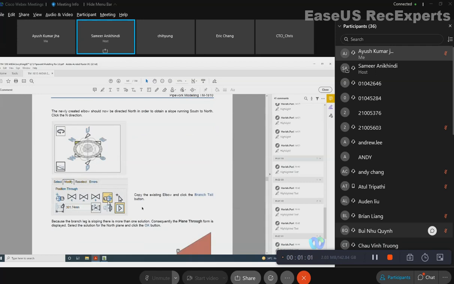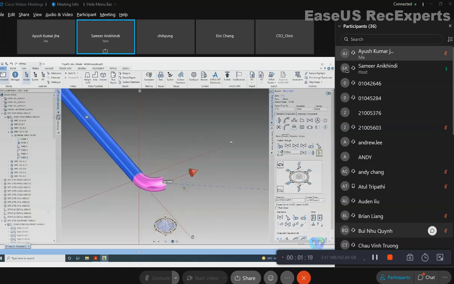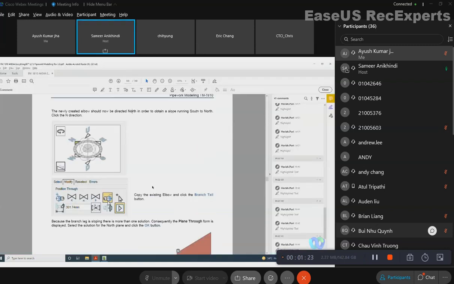1650, then you get okay, and the elbow should now be directed to north direction in order to obtain a slope of south to north. So by default it is north only. So even if you click north, it will just round off the slope value because it was some larger digit, but the slope remains the same, 1:100. And then we have to